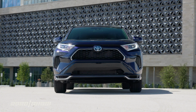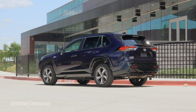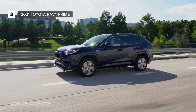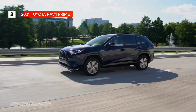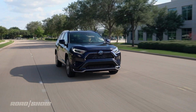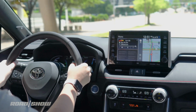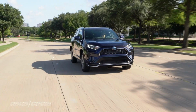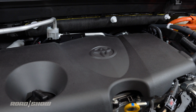But not everyone needs a 3-ton extended-length luxury SUV. For drivers that are a bit more, well, let's say reasonable, I suggest checking out the Toyota RAV4 Prime. This plug-in hybrid crossover delivers incredible efficiency, 38 miles per gallon combined when operated as a standard hybrid, and a whopping 94 mpge when powered solely by electrons. Now, its generously sized battery pack means it has an EV driving range estimated at 42 miles, which should be more than enough, I would think, for many commuters, and of course a gasoline engine is ready to help out